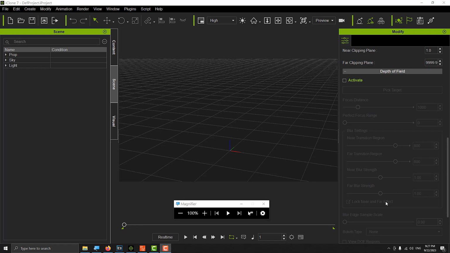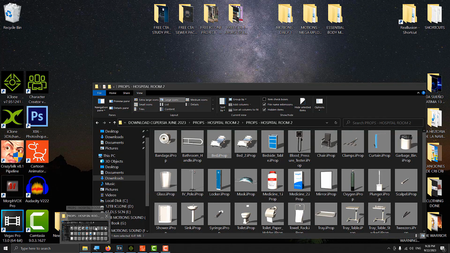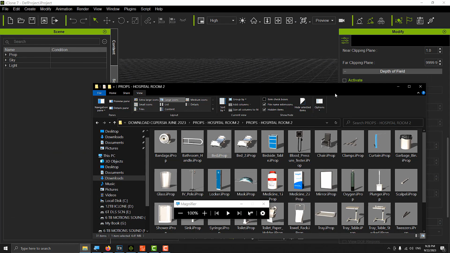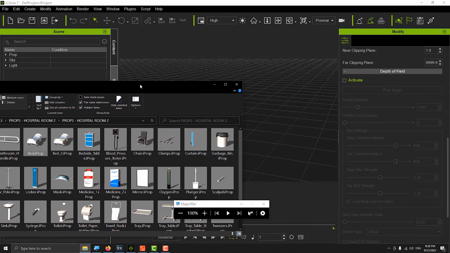Okay, I'm gonna start this other tutorial. We're gonna work again in transferring or converting props from iClone into CTA. And I'm gonna open up a package which is for a hospital. It's a hospital package. And I'm gonna drop this